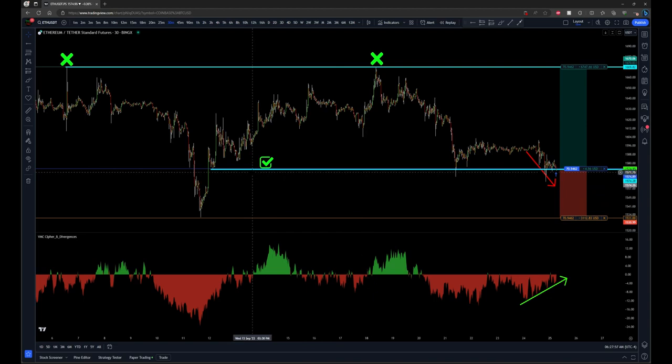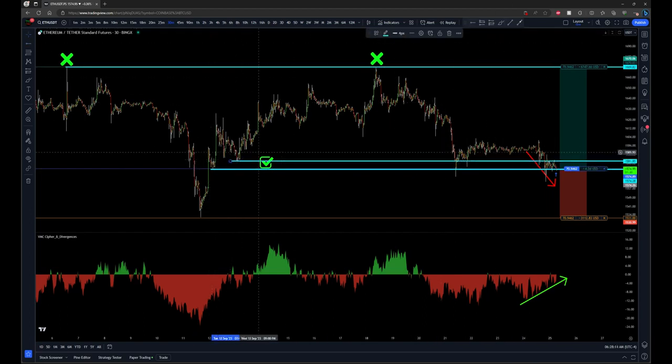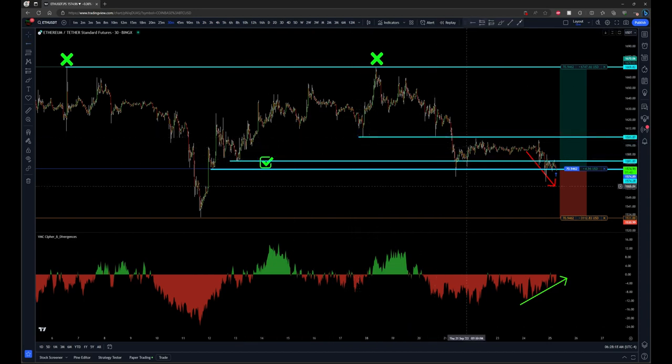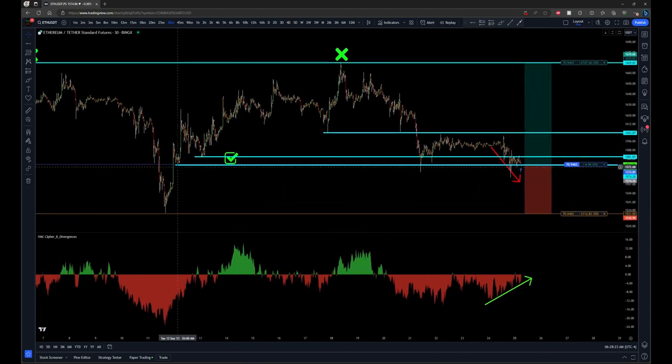So the first thing we need to meet the criteria for this strategy is a stop loss hunt. All right. And our stop loss hunt could have been in multiple places, but we only got the proper setup on this final level here. And we could have said, okay, there could be a stop loss hunt at this level, could be a stop loss hunt at this level, but this lowest level here is the last one and the main one that I